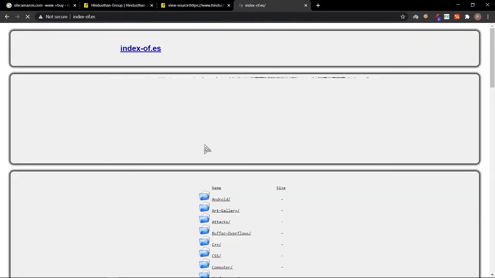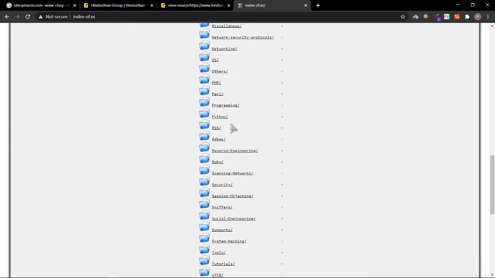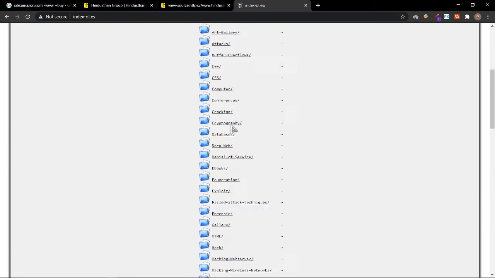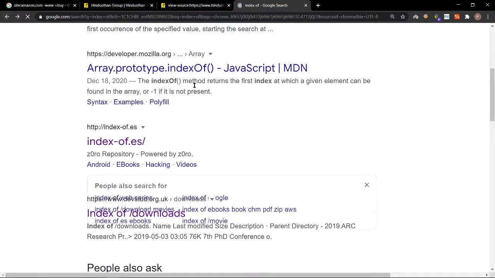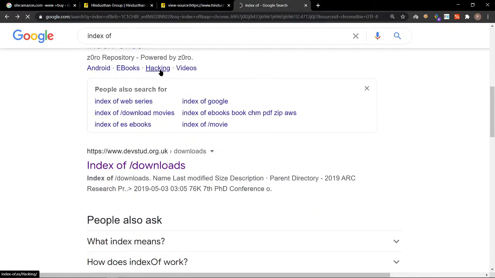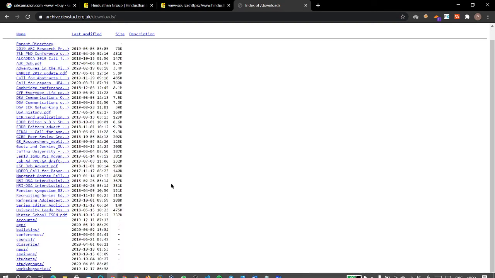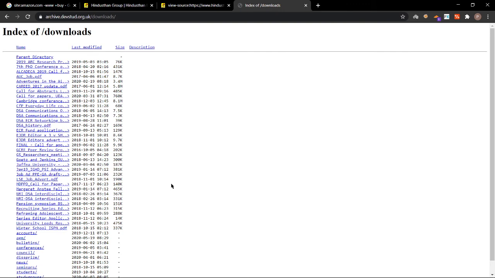Index of, okay, hacking web servers. The index of sites will be displaying all the directories present inside the website that they have uploaded to their CMS.